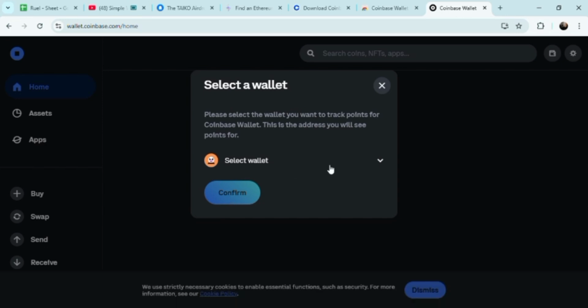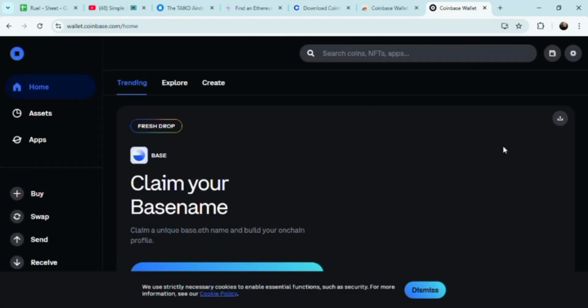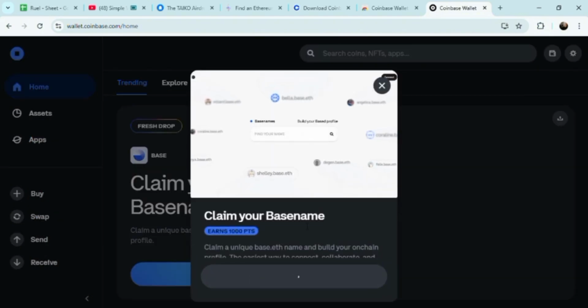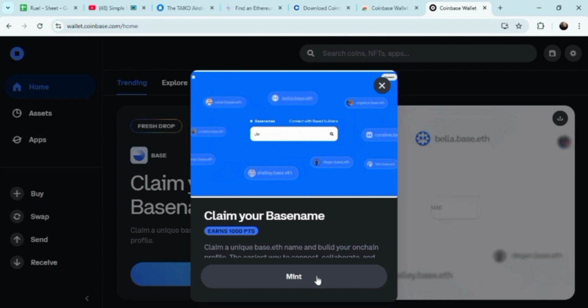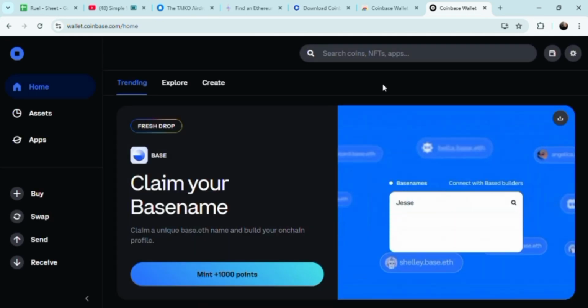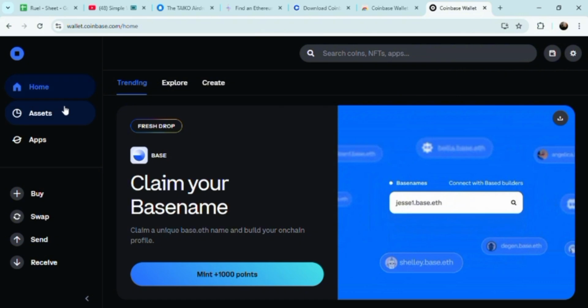So you're going to be selecting a wallet. Again, we're just exploring some of their key features here. Unlike Telemo, I did have a Telemo account back then. They are very similar to Telemo as well. So you could just basically claim your business name here. Let's select a business name first before anything else, before we proceed to the assets